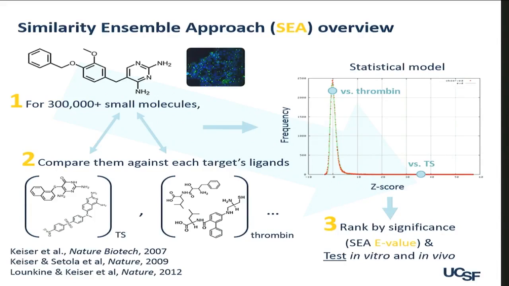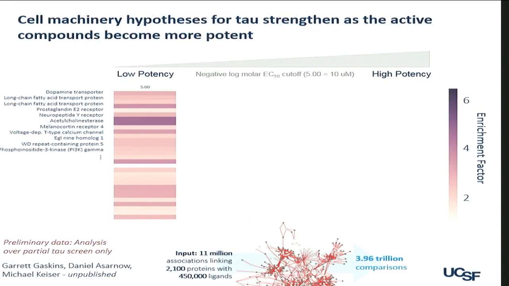And so there's some statistics behind that I'd be happy to talk about later if you're curious or in questions. And so when we have that in hand, what we can do is build lists of prioritized cellular machinery targets that are underlying what we're seeing in the screen. So instead of looking at any given chemical structure one by one or having to rely on human intuitions or approaches, we can look at these whole lists.